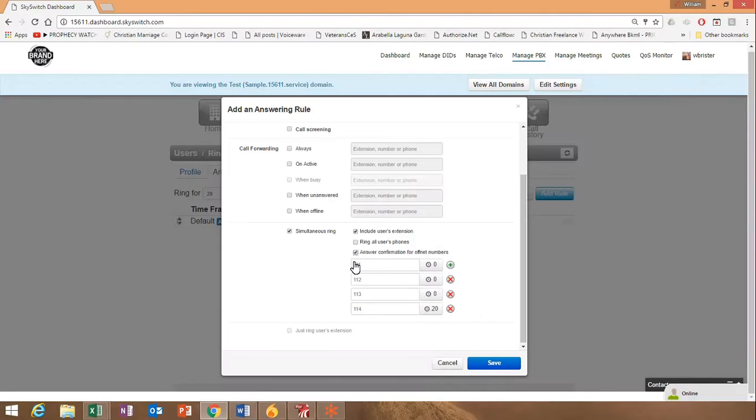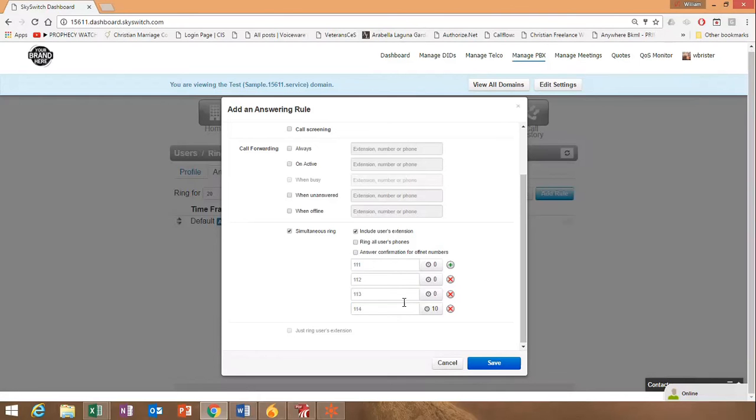If it was set to 60 seconds, then I would be able to go up to 60 seconds here. Now, what this would do is 111, 112, 113 would start ringing at the beginning of the call when the user calls in, and then 114 would start ringing, excuse me, let me set this to 10 seconds. It would start ringing after 10 seconds. The other 3 would continue ringing, and 114 would start after 10 seconds. So it's not like a true round robin